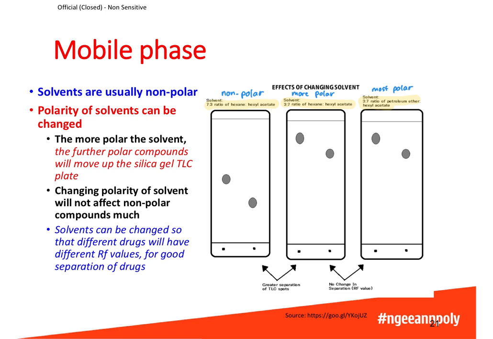So if the RF value of the compounds are already quite high, then increasing the polarity of the solvents is not likely to change the RF value by much. From this example, we can see that the solvent system can be changed so that different drugs can have different RF values, and we will tweak it so that we can get a good separation of the drugs or compounds